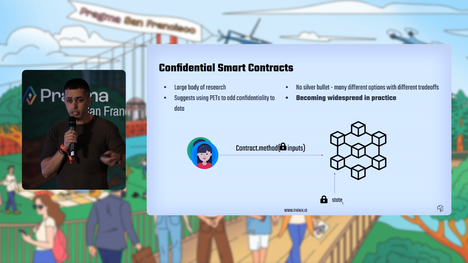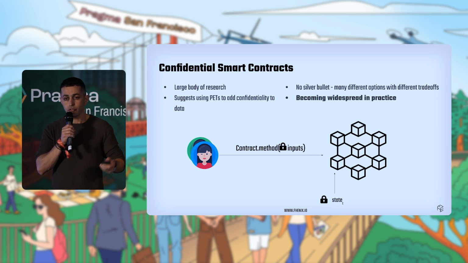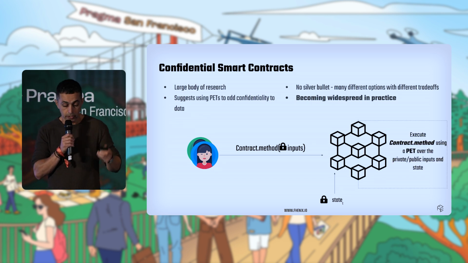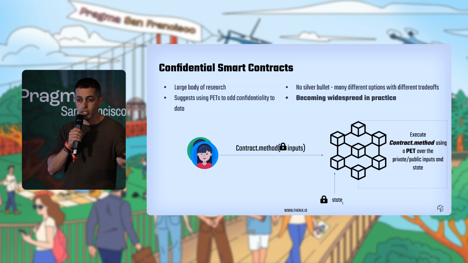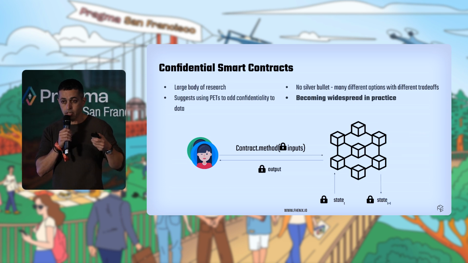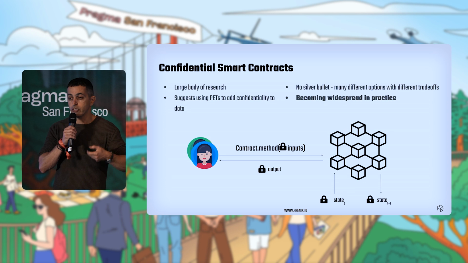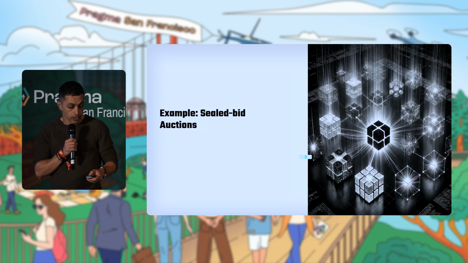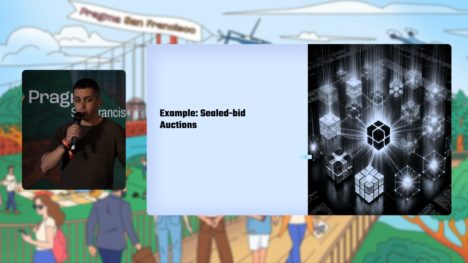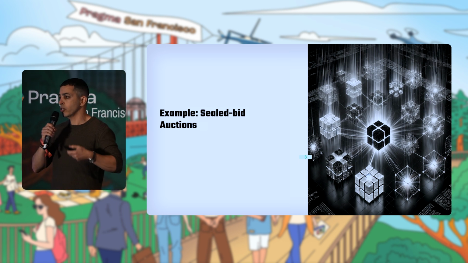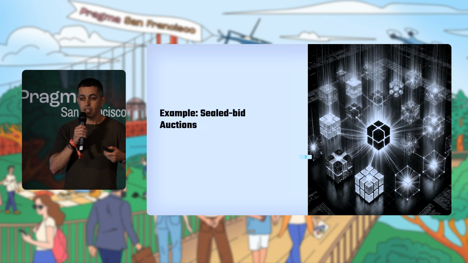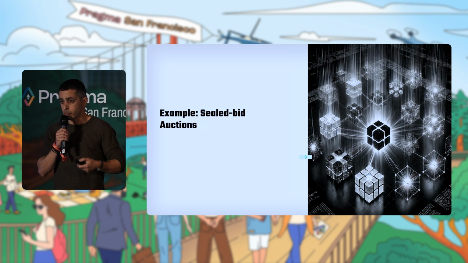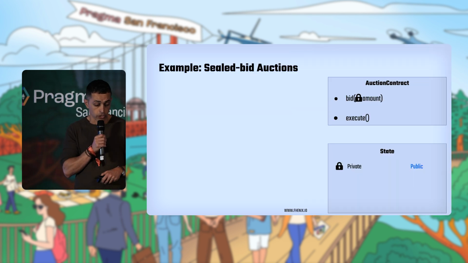And what does a confidential smart contract actually mean? It means that from a user standpoint, they can encrypt the data and send the transaction, which is executed on the blockchain, the state gets updated, and the output is returned to the user, and the user can actually see the output of the computation. I'm going to give an example: sealed bid auctions. If you think about a marketplace and you want to make a bid, you want to make sure that the bidding is happening in a confidential way. So let's see how confidential smart contracts work in a sealed bid auction example.